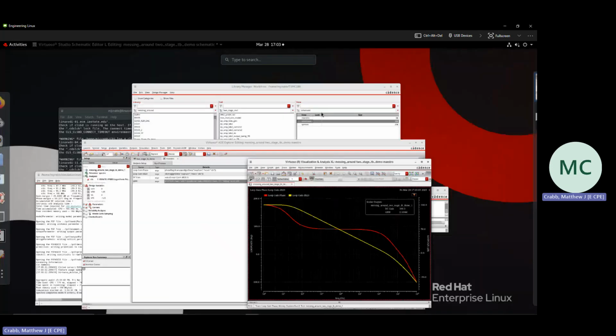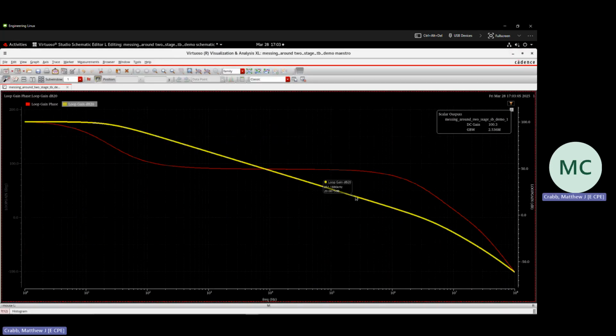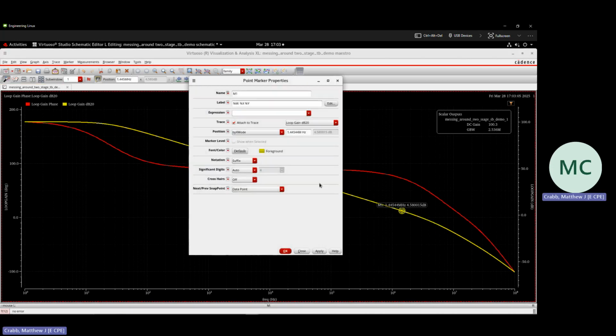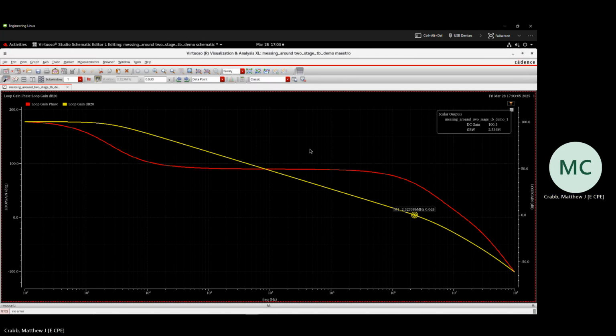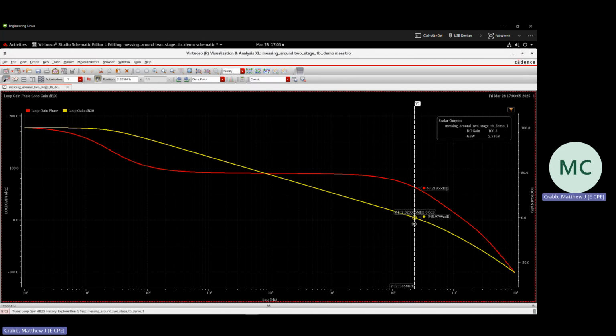So I guess here, if you want to do that, then what you're going to do is place a marker on the loop gain, find where it becomes 0 dB, hit V right over top of that to create a vertical marker. And so that's going to measure, you can see the phase and the gain. So at basically 0 dB, you get 63.218 or 219 degrees. And in Cadence, they start the phase at 180 degrees, and then it reduces down, meaning